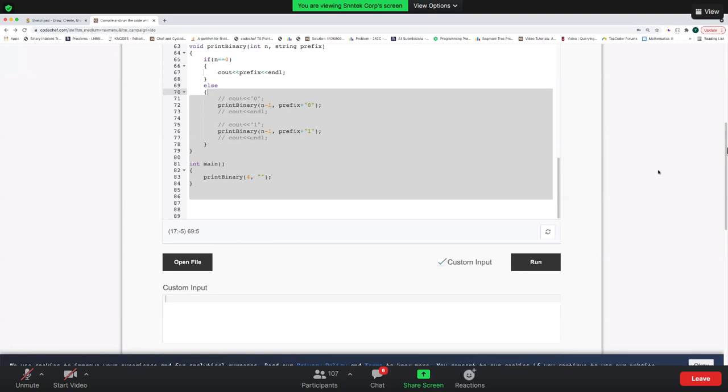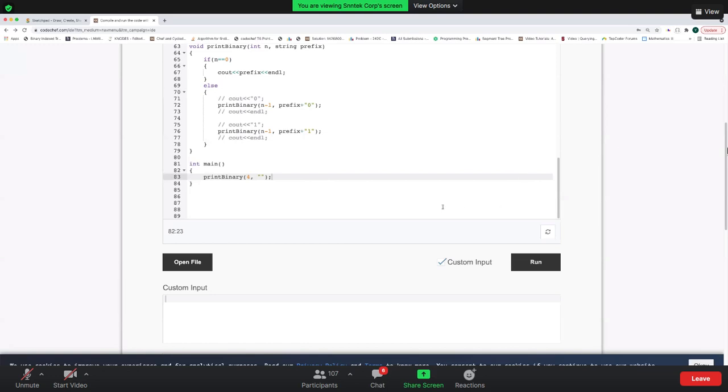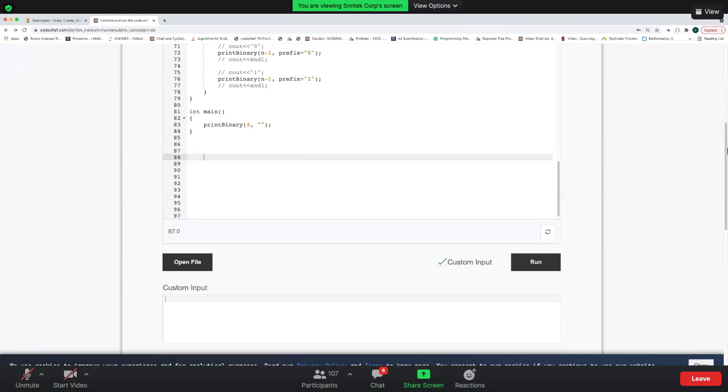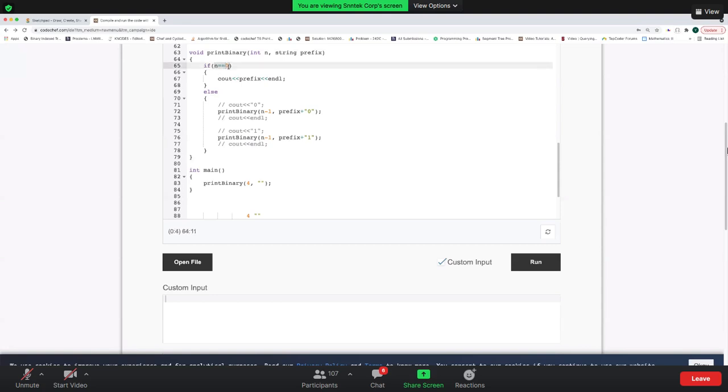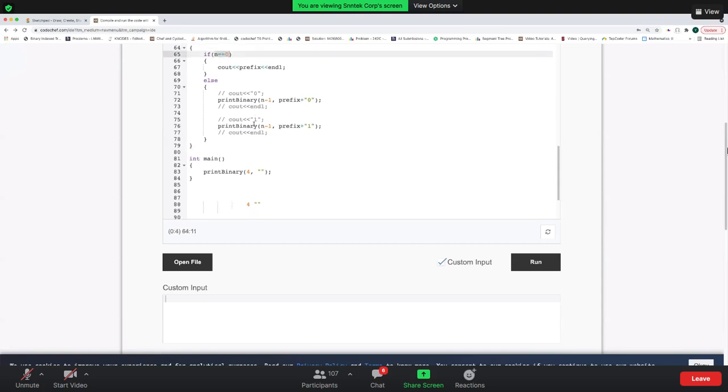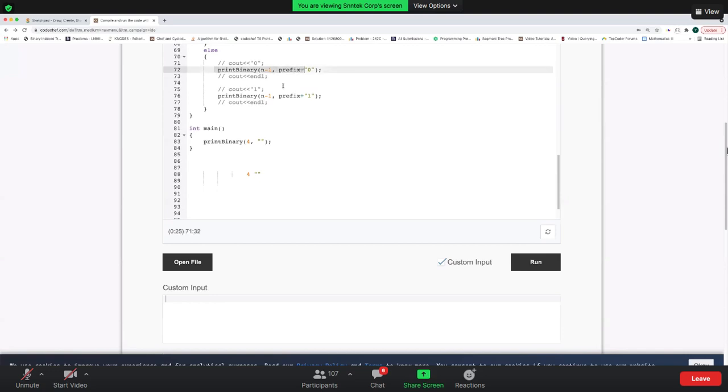Internal operation, how it is performing within Pixel. Okay, okay, I'll tell you. So I want to get the answer for n equals to 4, right? I have passed 4 along with a prefix. My prefix is an empty string. After that, it checks n is not 0, right? N is not 0. Then you came here, you subtracted 1 from n. Now my n is 3. And the prefix that I have made is 0.